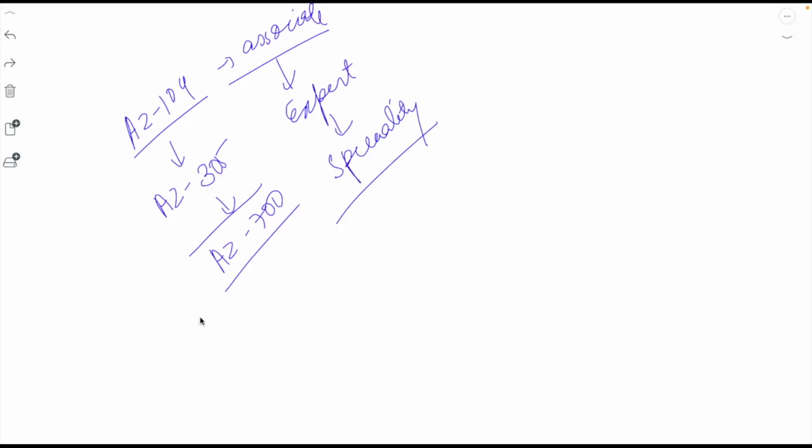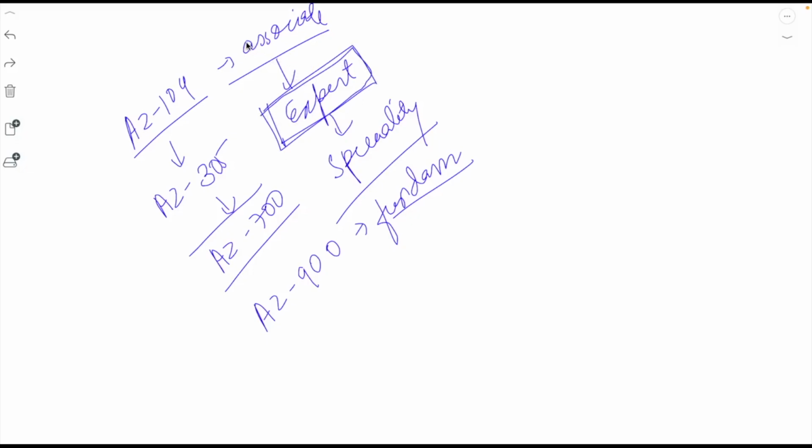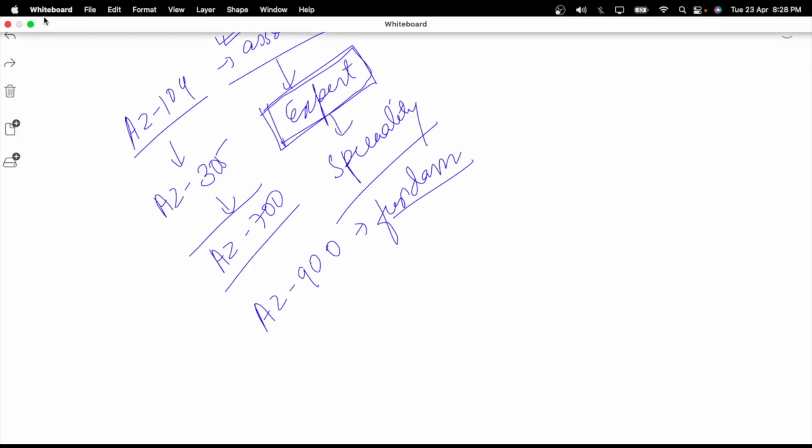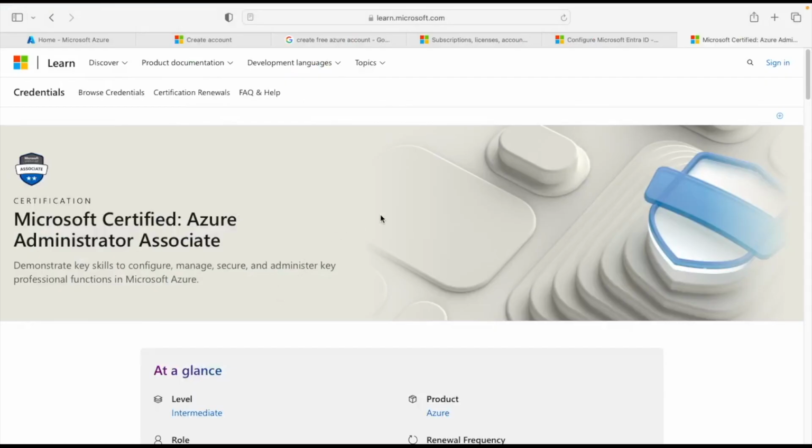Okay. So when we discussed about AZ-900, AZ-900 is a fundamental platform. Now, one thing that you need to understand is whenever you go for any expert level certification, you need to first clear an associate. But for clearing associate certification, there are no such prerequisites of having a certification. So this sums up to the idea on how to prepare for the examination. You can have a look here.